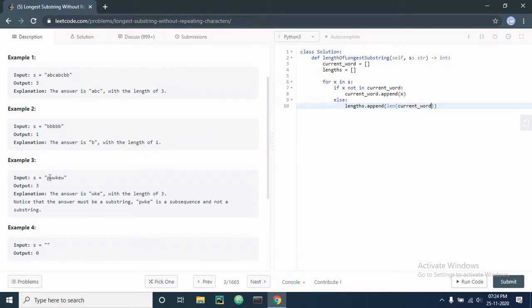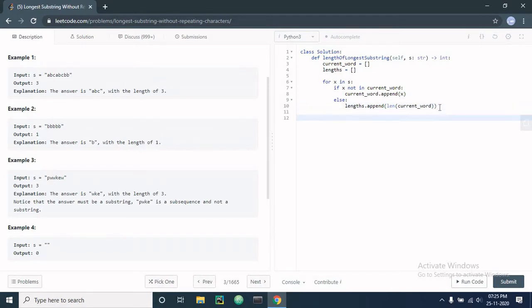Let's assume we go through the third example and start with P. We append P, then go to W, the second letter, and append W. But if we go to the third letter, we see that W is present in the current word. So we take the current word and take its length and append it to lengths.